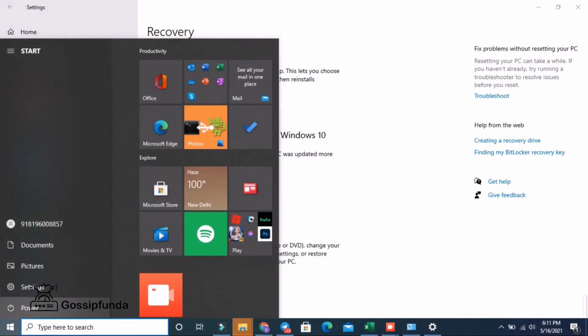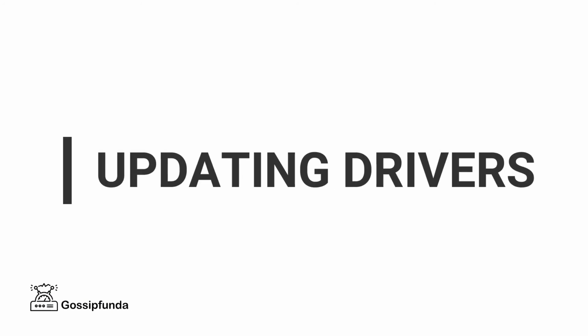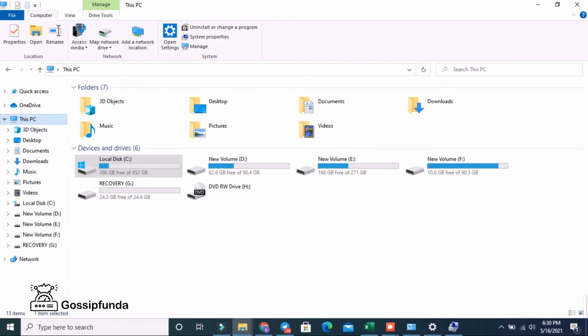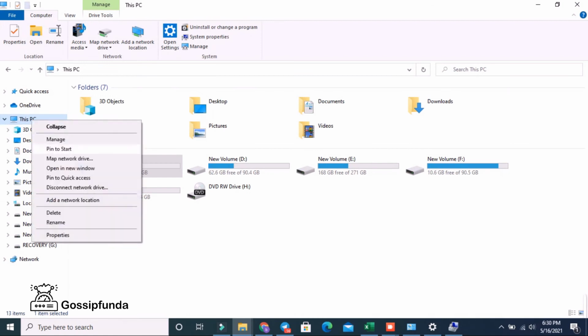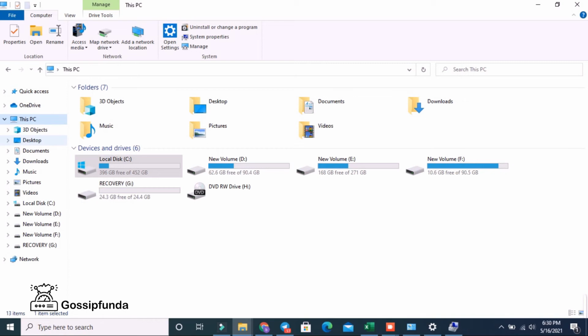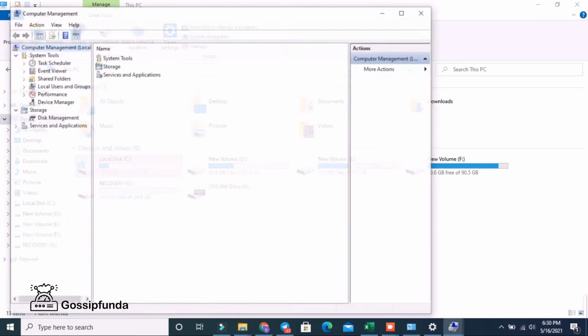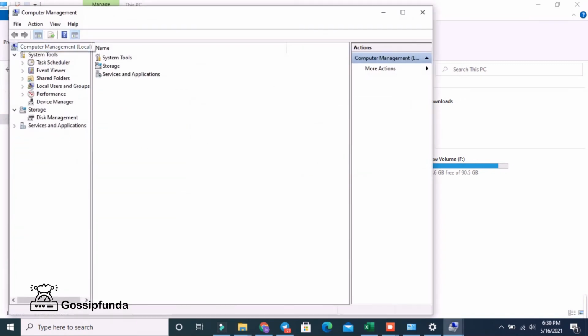Next is updating drivers. Updating the drivers on your device is another common method that can be used for rectifying many possible errors. Consequently, you can use it to fix the current error in discussion as well. Drivers are essentially the interface between software and hardware of your computer, and it is through them that the software is able to control and communicate with the hardware. Therefore, if any driver is corrupted or outdated, your computer may malfunction.